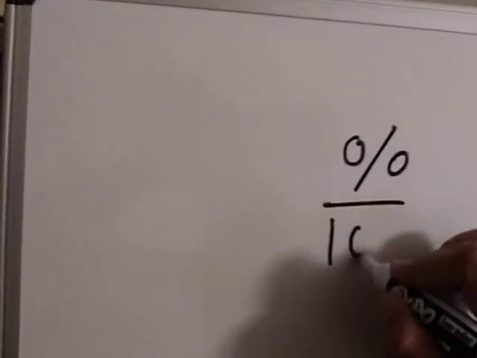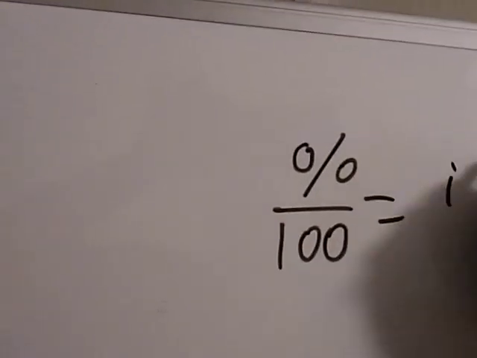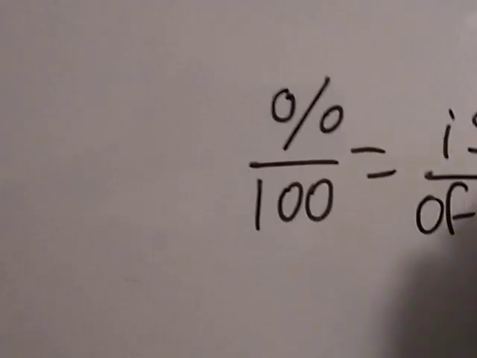I'll write them down on the board so you can have a better way of seeing it. So we have percent over 100 equals is over of,